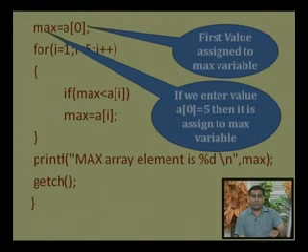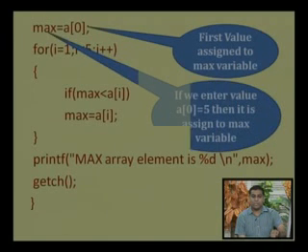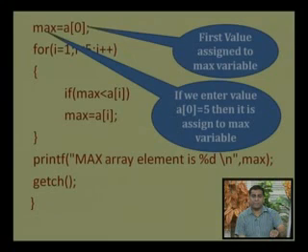Max of a is 0. We need to assign the initial value to the max variable, and then we need to check each and every element with the max variable. So that is what we discuss here. Start with for i equal to 0, i less than 5, and i plus plus. Again I am telling you why we are taking i equal to 1: because we already assigned a of 0 to the max variable, so we do not need to check the 0 position now. We need to check from the second position, that is element 1, and that will be checked here. So if max